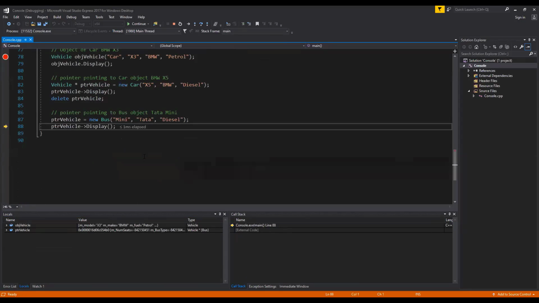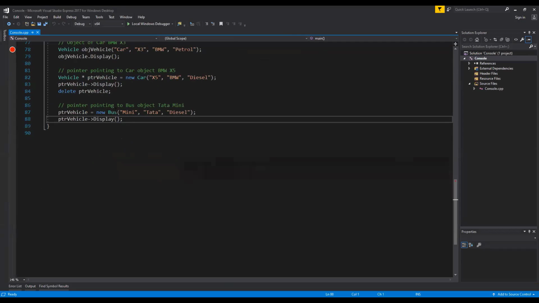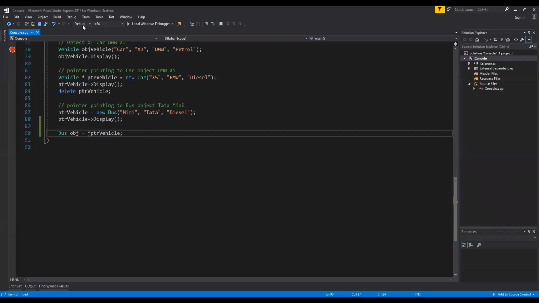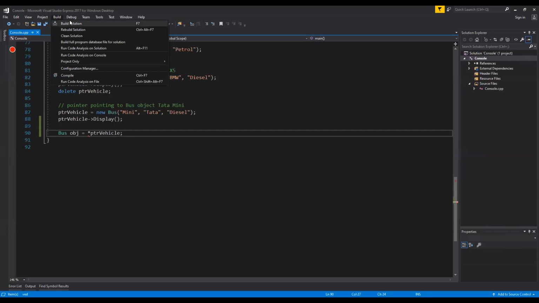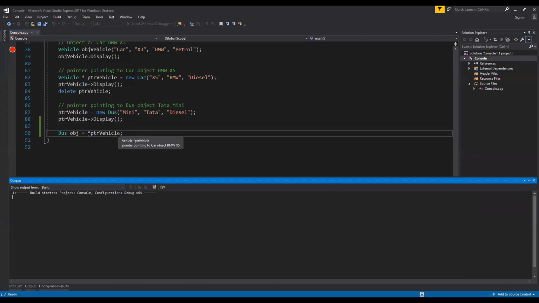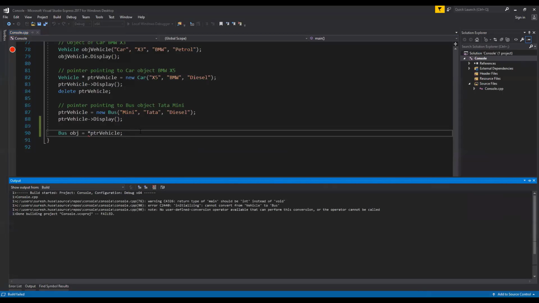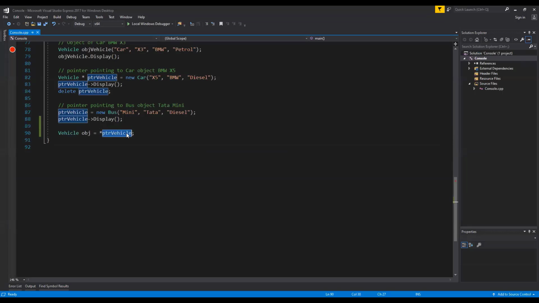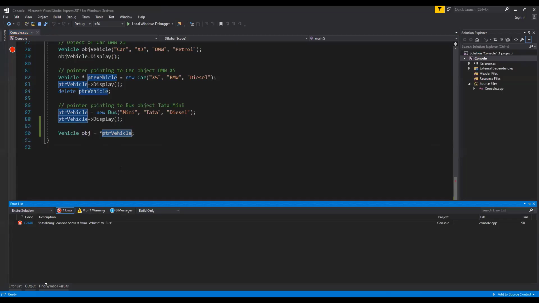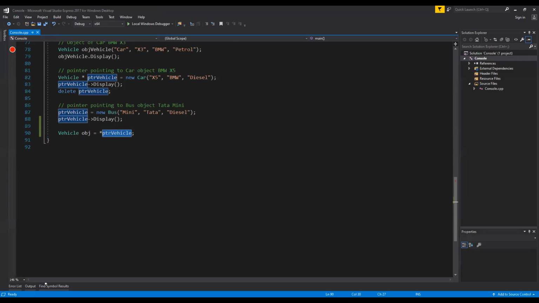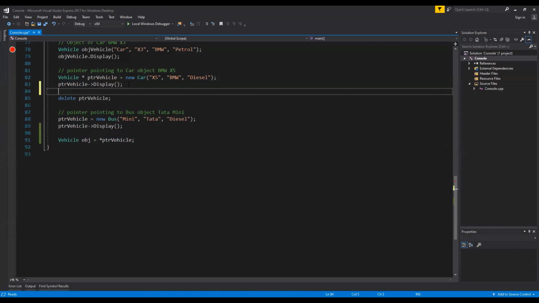I will quickly show you how dereferencing works here. I want to get the value this pointer is pointing to. I'll quickly run it. This is build; I'm just building the program. In C++, whenever you write a program, you need to compile it and create an exe or executable out of it. It was saying we cannot do this because this pointer is of type vehicle, so we have to dereference it to that same type. I'll do it the same way before deleting it.